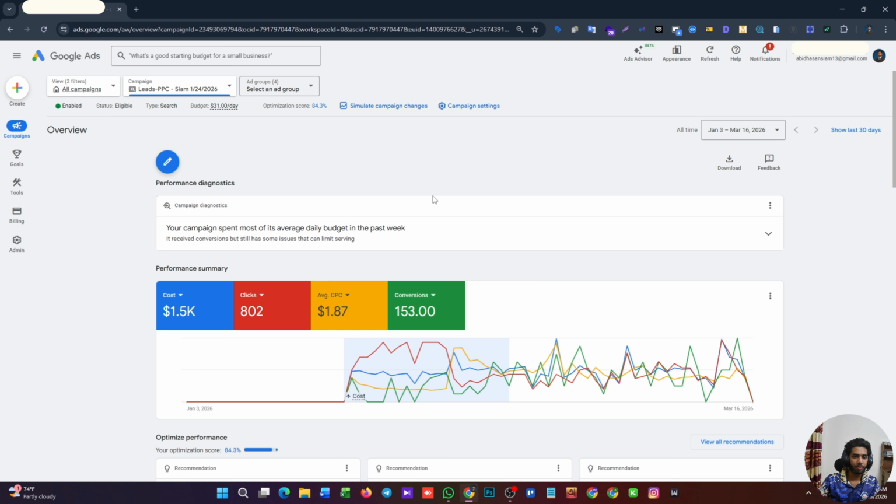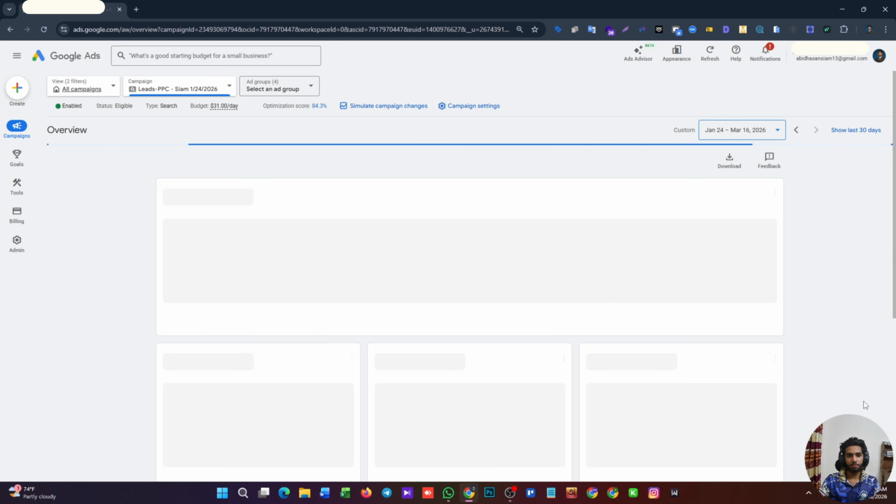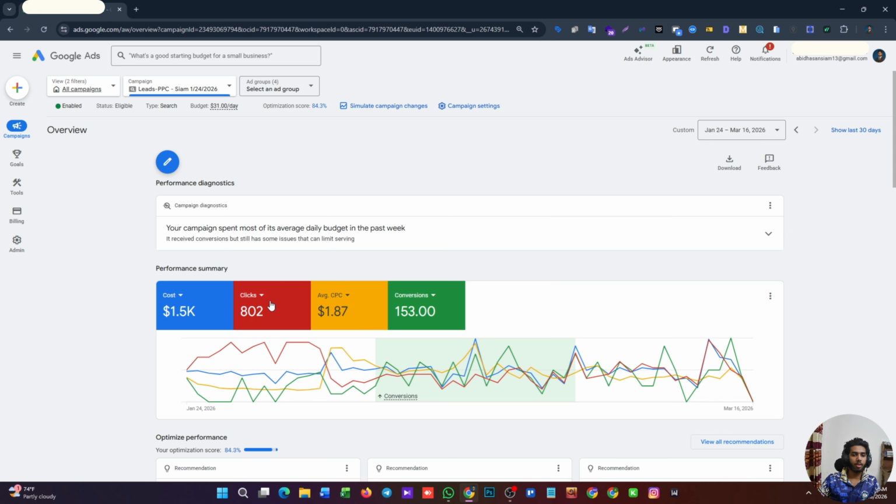I started with this client on January 24, 2026. I'm selecting January 2024 and all time. You see here just 802 clicks and an average CPC of 0.87, and I get 153 conversions and the cost is 5,000. If I see the cost per conversion,